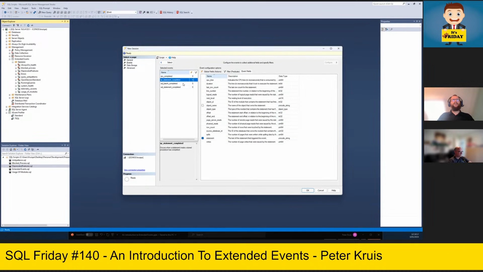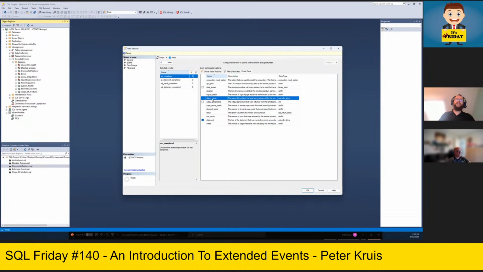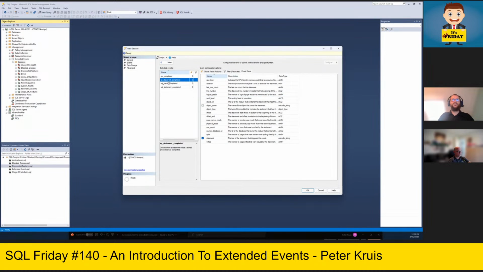For now, I'm okay with it. And you can see all the events have their own items, where the RPC completed has the object name mandatory, the statement completed, it's optional. The object ID, therefore, is mandatory. So when you are in a stored procedure, you have your statement, and your object ID might give you the information you need. However, it can be quite easy to have the object name in it, so you don't need to search for it, and it will be better for filtering and grouping later on.